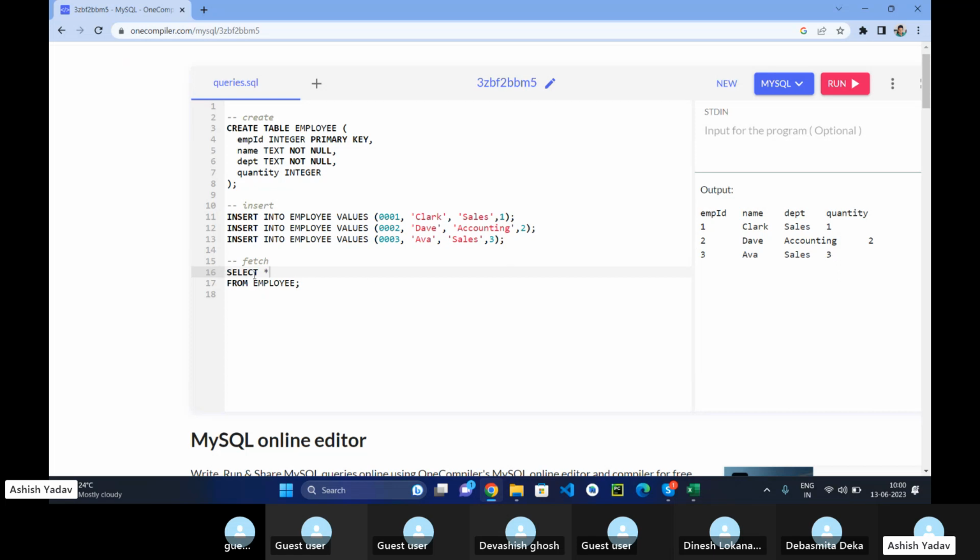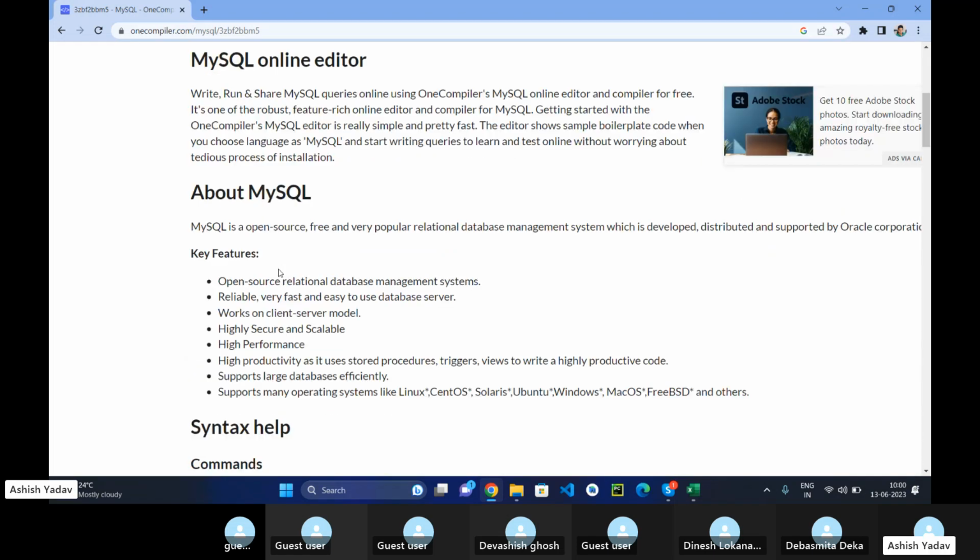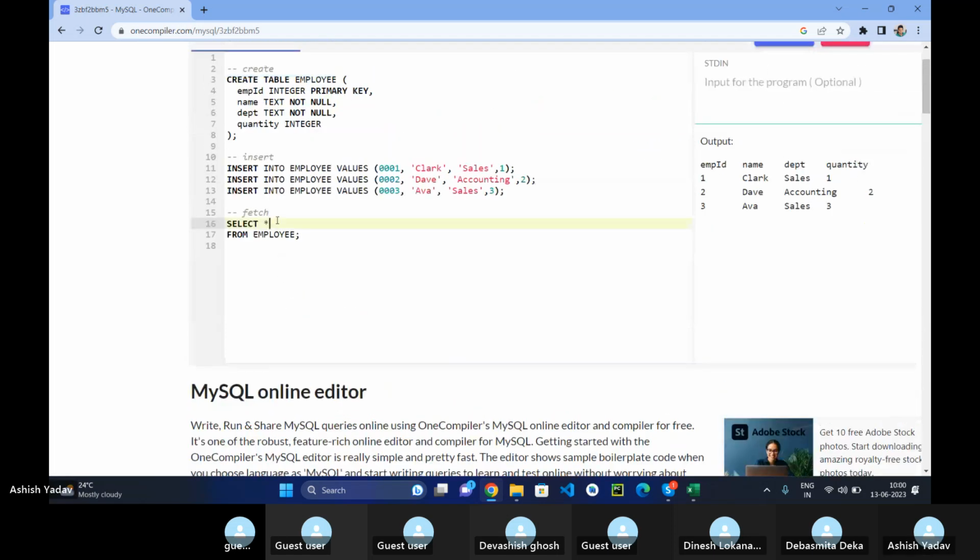Okay. So we have selected everything from the employee table, which is fine. We don't have to do join anywhere. We don't have to do where condition. We don't have to do group by, order by, or limit. We just want to create a new column, which we can only do in select statement, correct? And if you want to do a new column based on some conditions, then you need to